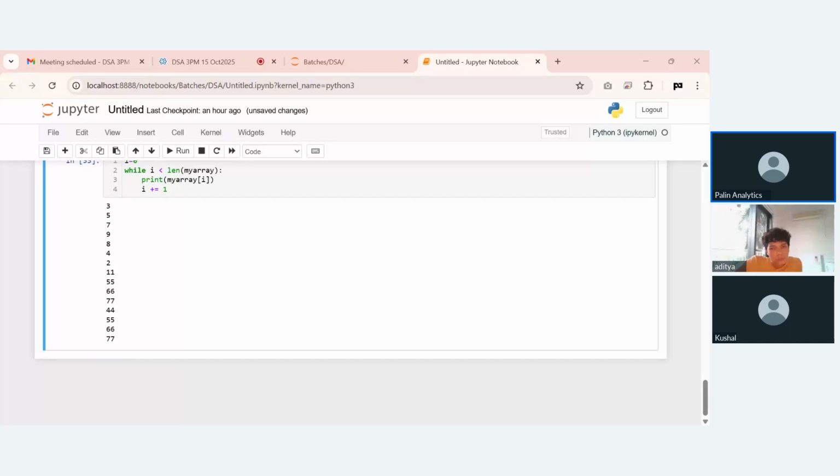Then if you want to create a copy of an array, simply you can just use the equal to, so then a copy of the array will be created. Then if you want to do the reverse of the array,